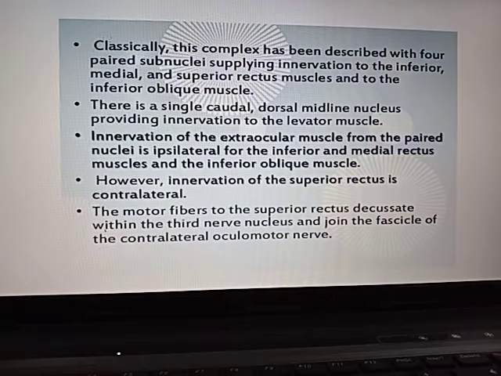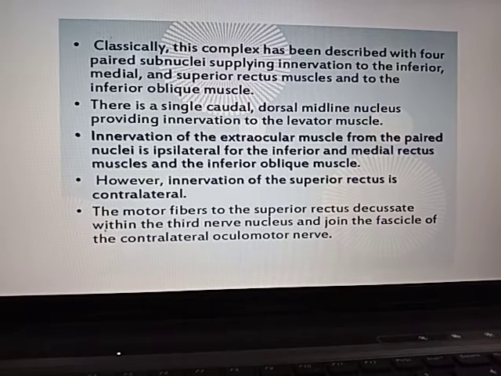Classically, the nuclear complex, the origin of this oculomotor nerve, has been described with four paired subnuclei supplying innervation to the inferior, medial, and superior rectus muscles and to the inferior oblique muscle. There is a single caudal dorsal midline nucleus providing innervation to the levator muscle. Innervation of the extraocular muscle from the paired nuclei is ipsilateral for the inferior and the medial rectus muscle and the inferior oblique